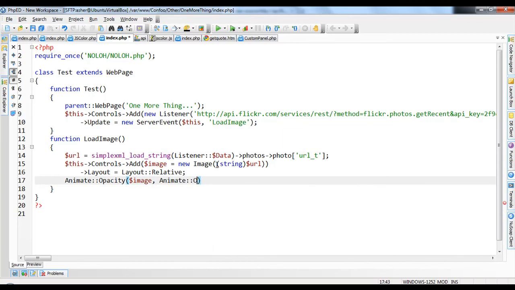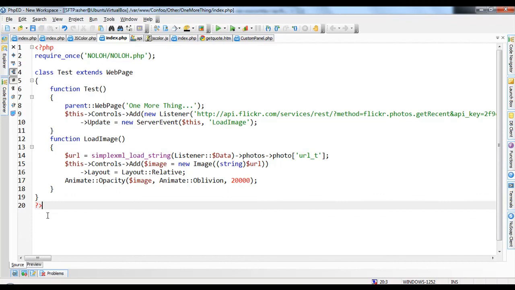After it gets to 0, it'll remove, so we don't have infinite images on our screen after 20 seconds. So 20,000 milliseconds. And let's get rid of this extra space there.